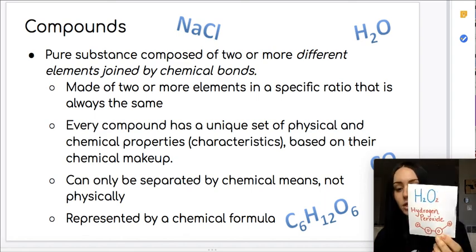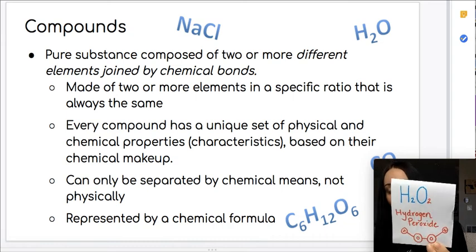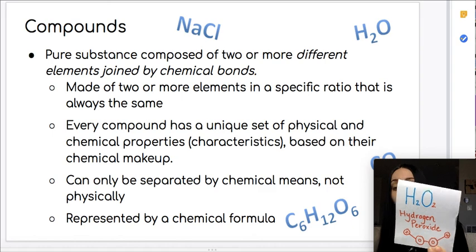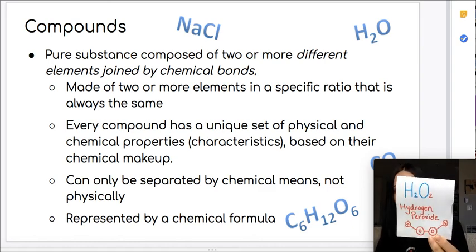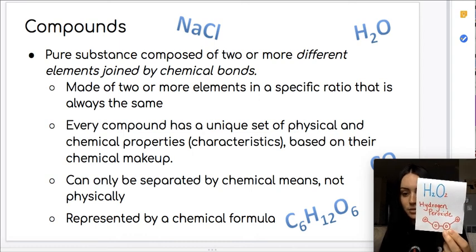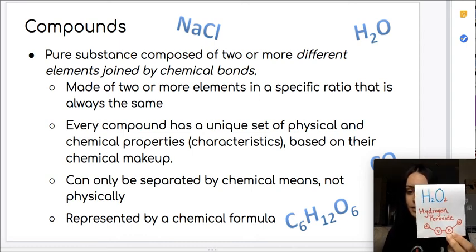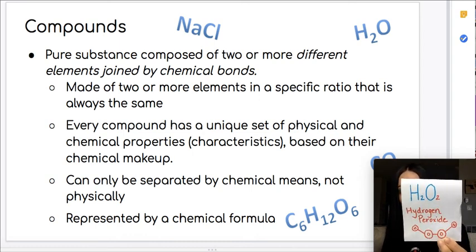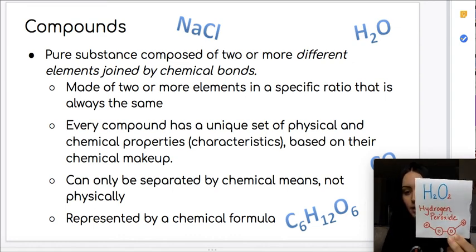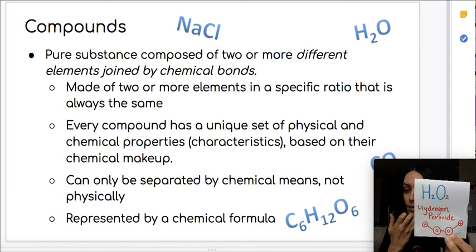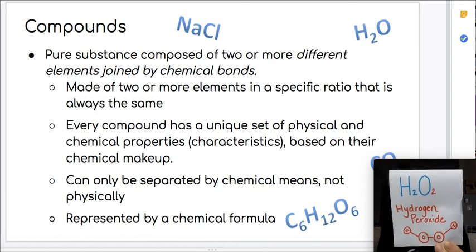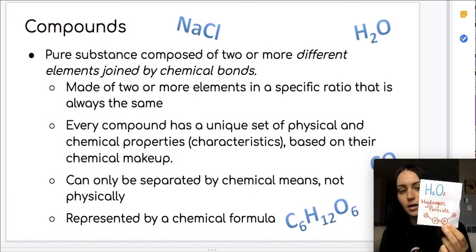Now we can see that the ratio is no longer the same. It's no longer a 1-to-2 ratio of oxygen to hydrogen. It's now a 1-to-1 ratio, 2 hydrogens to 2 oxygens. Because of this new ratio, this substance or this compound is no longer water. It's now hydrogen peroxide, which we know we wouldn't drink, we wouldn't swim in it. It has many, many different chemical and physical properties than water, simply by adding that one additional oxygen atom to